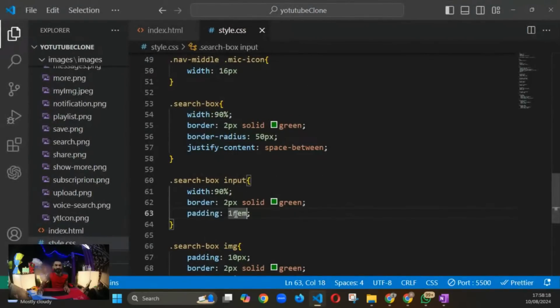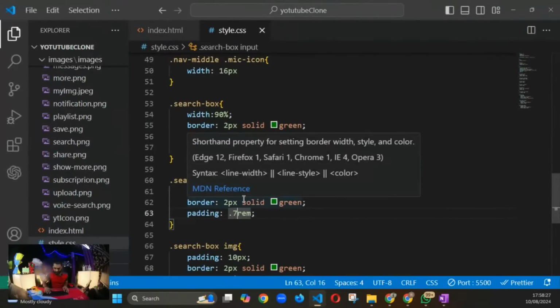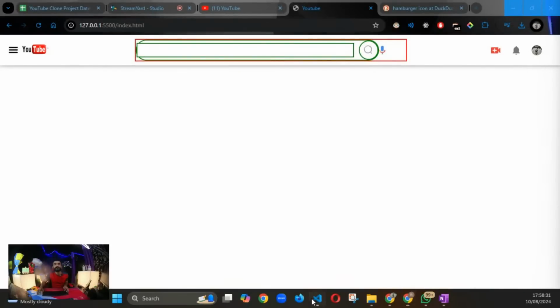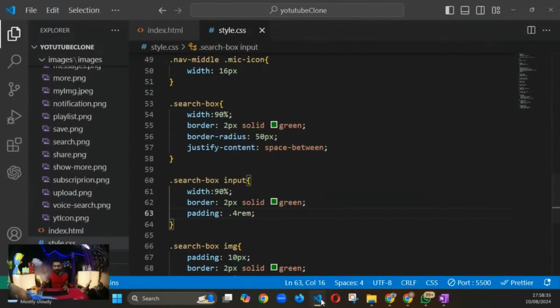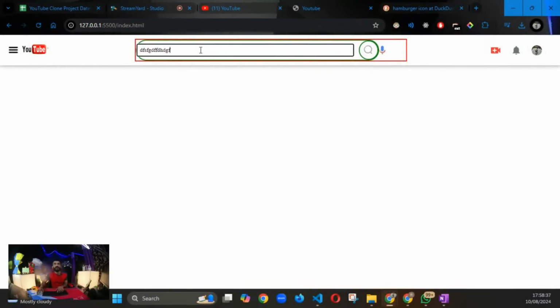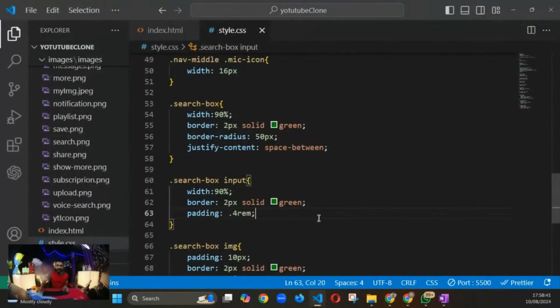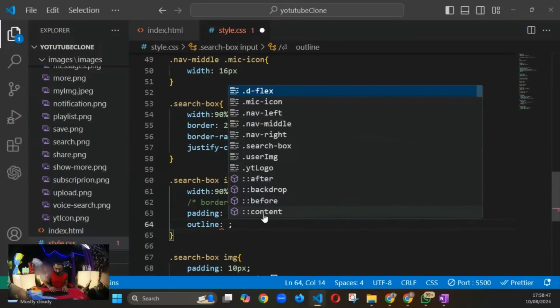ज्यादा हो गई। 0.7 REM की अगर मैं दूं तो ये भी ज्यादा लग रही है मुझे, तो 0.5 REM में भी, 0.4 REM will be perfect, I guess. Okay, this looks perfect. Okay, एंड यहाँ पे मैं अब इसका बॉर्डर हटा दूंगा, ओके। लेट्स से आउटलाइन शुड बी नन,